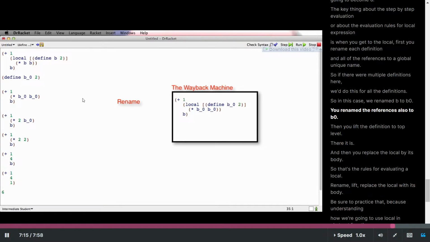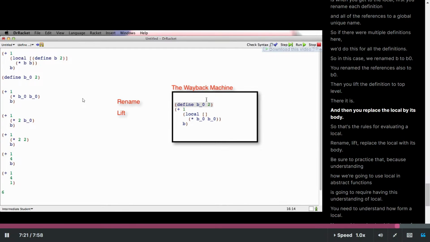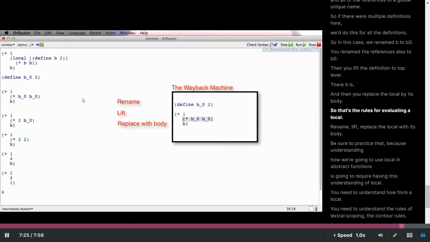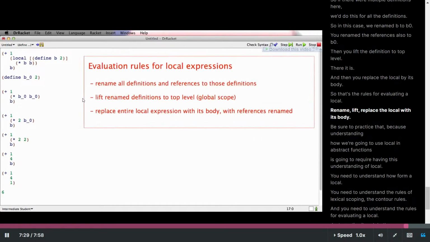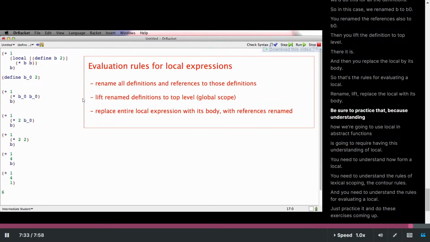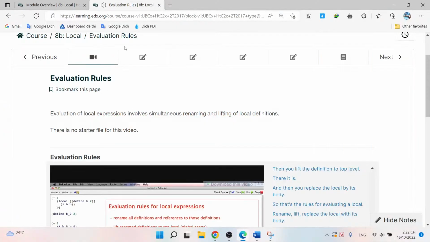You rename the references also to B0. Then you lift the definition to top level. There it is. And then you replace the local by its body. So that's the rules for evaluating a local. Rename, lift, replace the local with its body. Be sure to practice that, because understanding how we're going to use local in abstract functions is going to